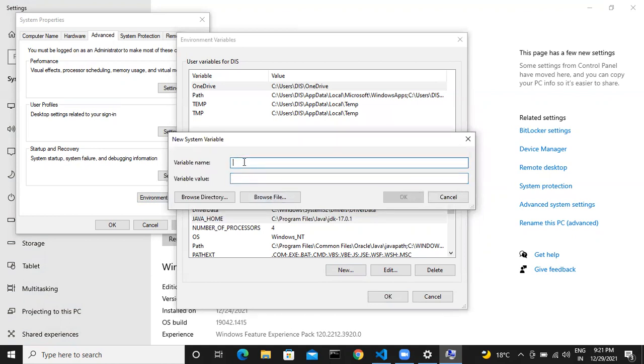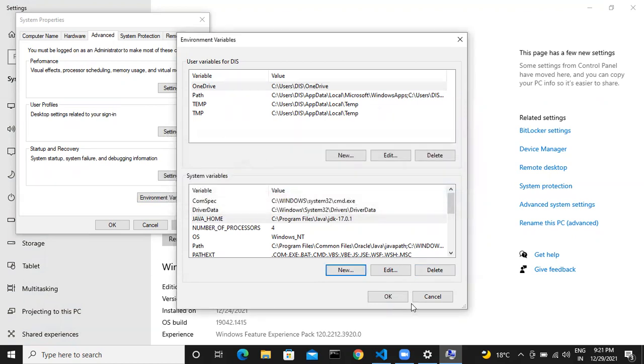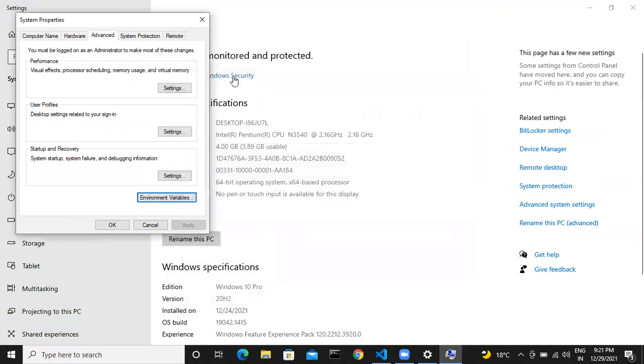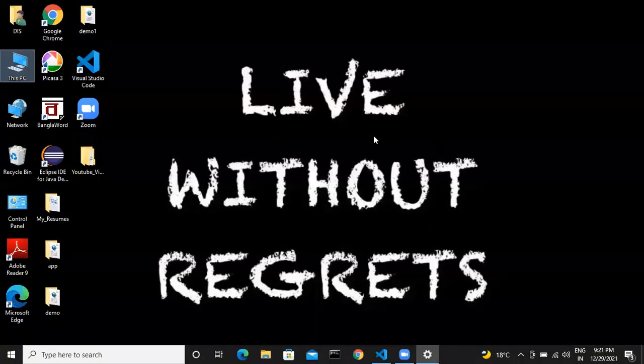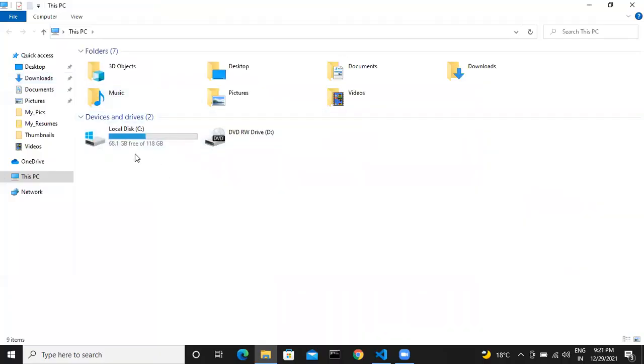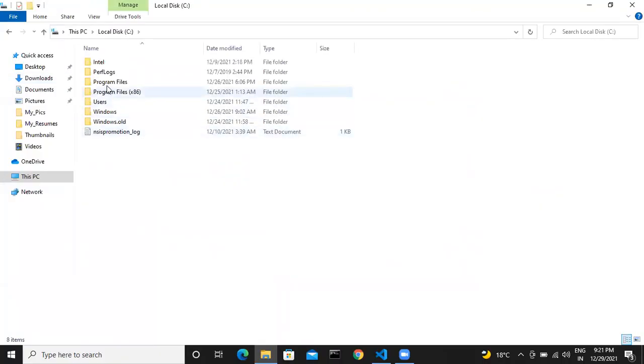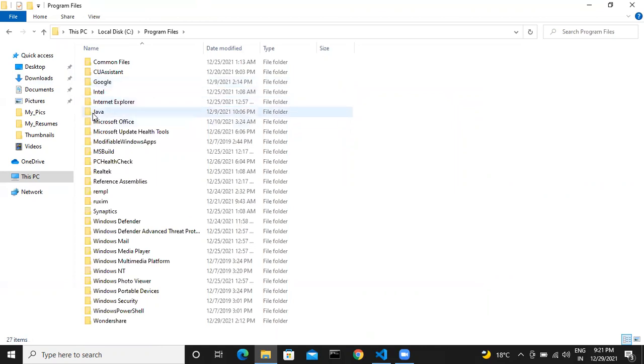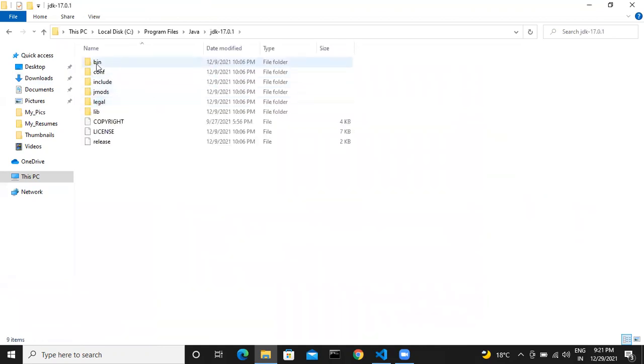So variable name will be JAVA_HOME, and variable value will be the path. So how will you decide the path? Find out the location where you have downloaded the JDK. For me, it is downloaded in C drive, Program Files, Java, JDK.